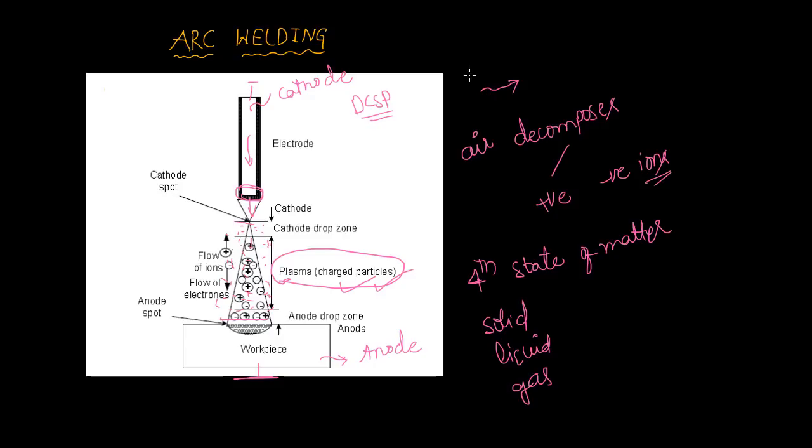There is a concept called dielectric breakdown. I think you have studied this concept in first year engineering physics in semiconductor technology. So actually what happens here in dielectric breakdown? Air is a good dielectric material, that we know, because it doesn't allow current to pass through it. So here, due to the high potential difference between the electrode and workpiece, the electrons are pushing the electrons below, and those electrons are escaping from the electrode. That's why the air is decomposing and forms plasma.